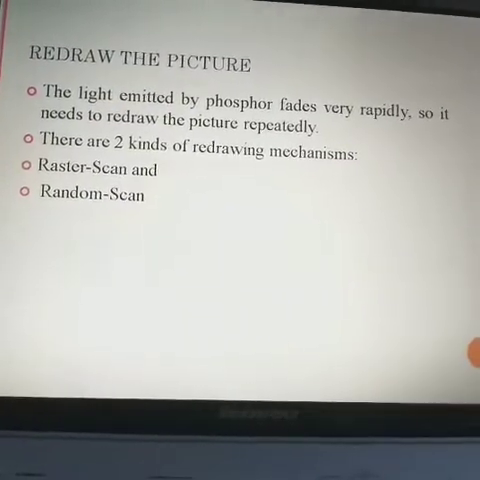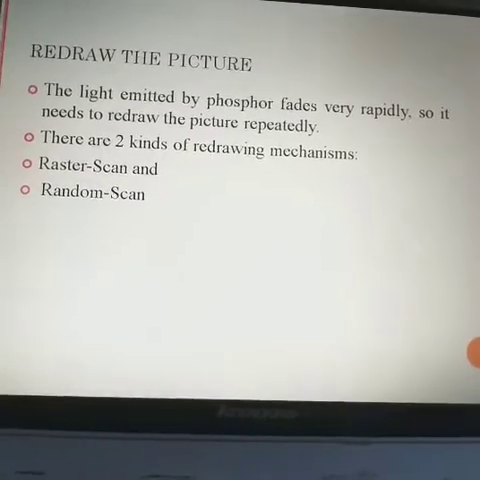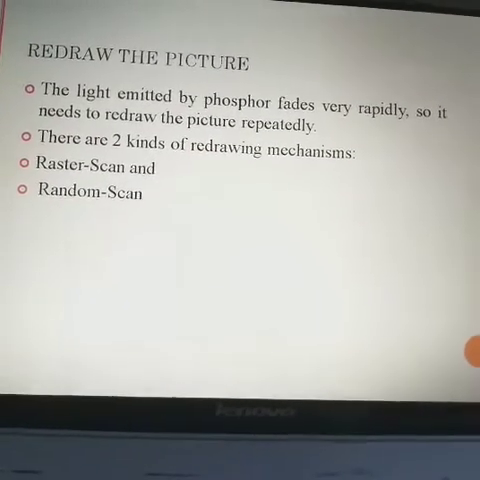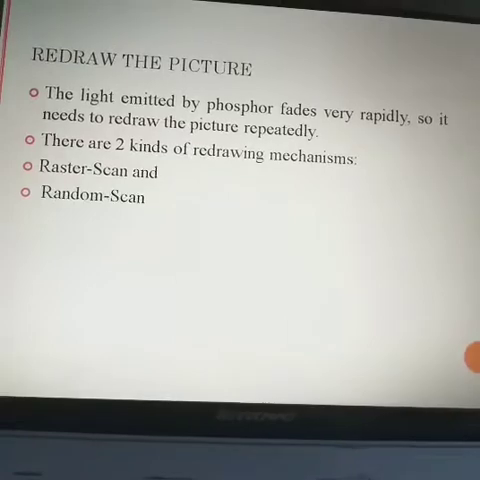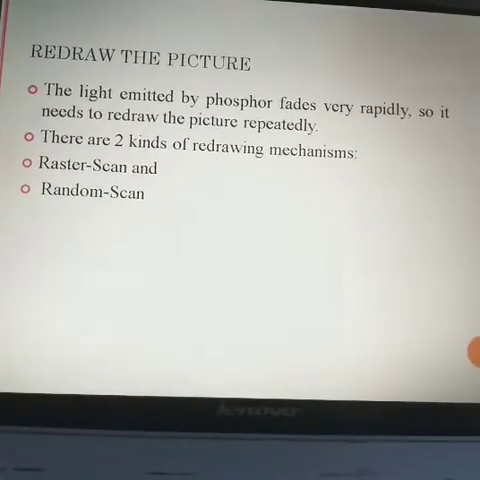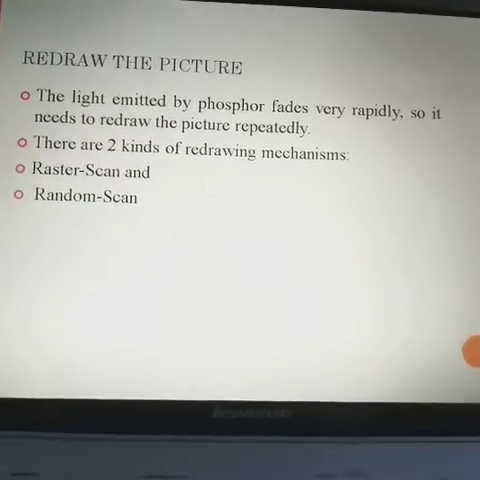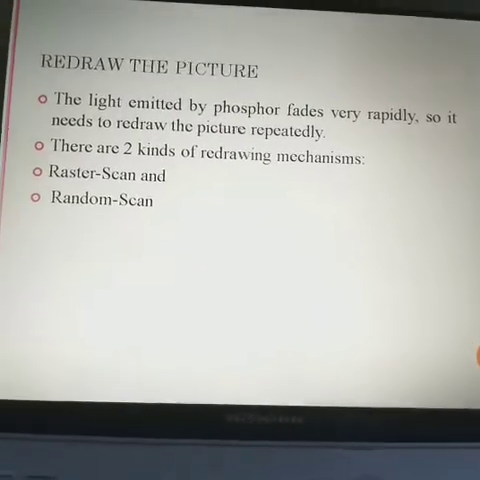So we use various mechanisms to redraw the images with the use of CRT. In CRT, we redraw the images by using raster scan and random